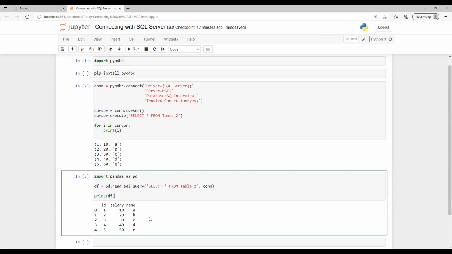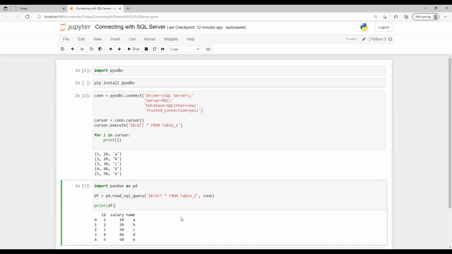So in this way, we can connect to the SQL Server DB, and then we can do all the other operations. Right now I did it for select, but you can do insert, delete, and other things. We'll try to see that in other videos. But for this one, first try to do the connection, and if you face any issue, please let me know. Also, I will try to create one more video on MySQL connection, how we can connect with a MySQL database.